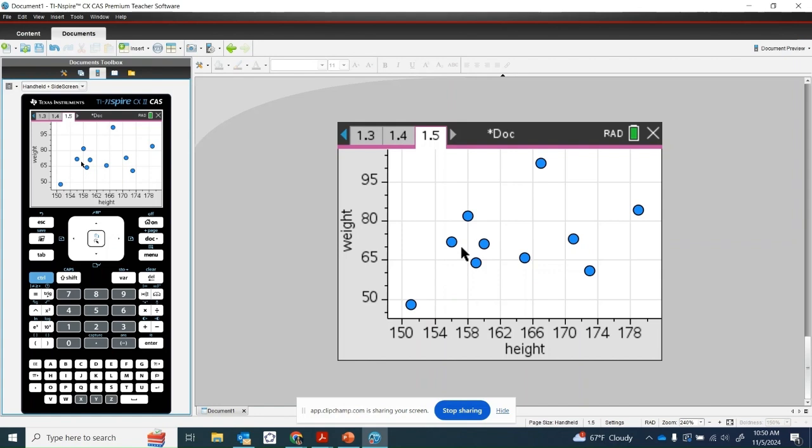Okay, let's see. Doesn't look like there's a whole lot of information happening, or kind of like a relationship here. There's a little bit of a positive relationship that as you get a little taller, you're weighing a little bit more, but not the best kind of data set here. But once you have one, you could